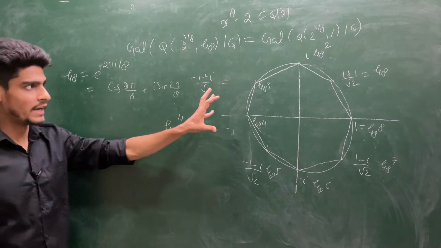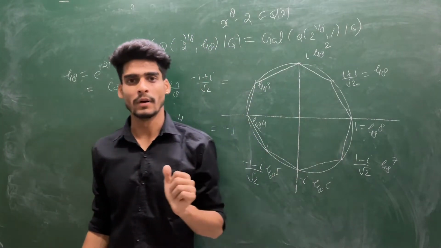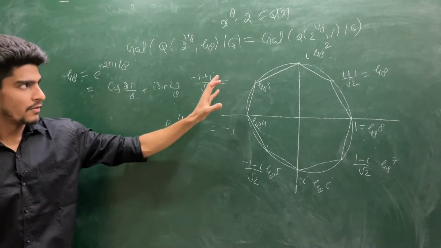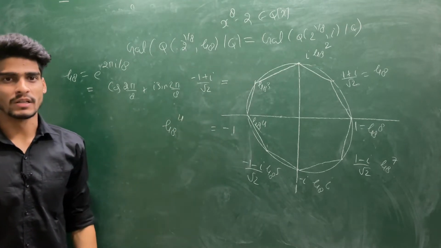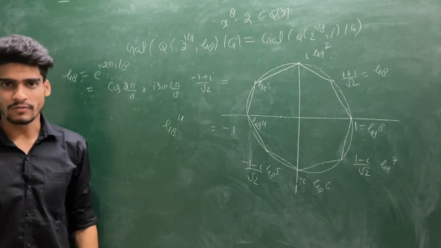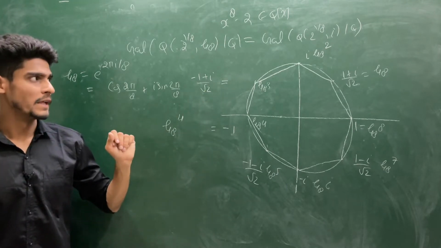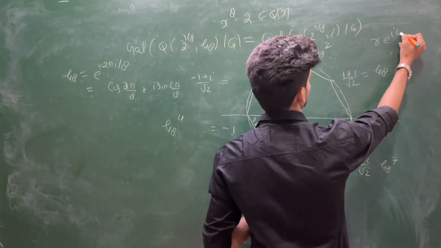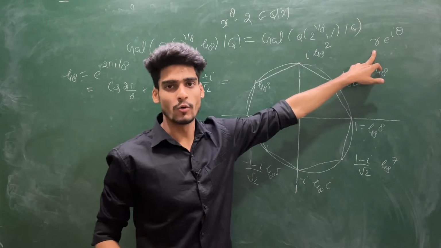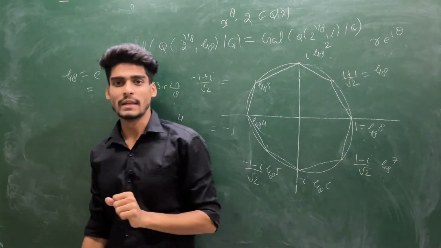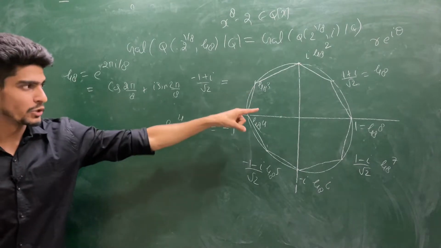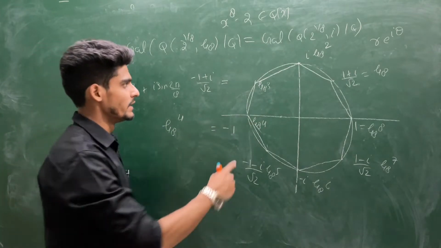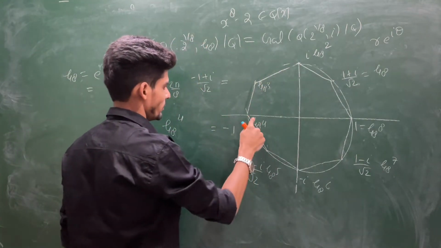I told you, if you collect all the nth roots of unity, then it is going to form a regular polygon on the unit circle, because in the complex plane finite order elements you can get only on the unit circle, because those have r value as 1, or you can say the modulus is 1. Then only there is a chance to get a finite order element, because if you write any complex number, it looks like this. So for a finite order, you need this r to be 1, this theta to be a rational multiple of 2 pi. So that is what we are getting here. So all the elements will lie on the unit circle. Now you can remove this one if you want.